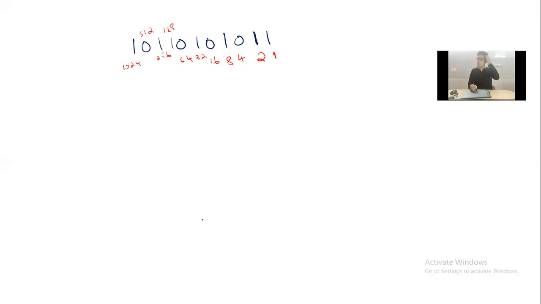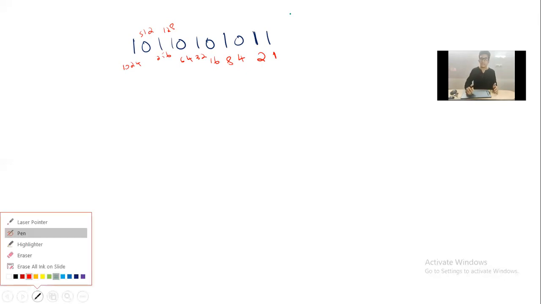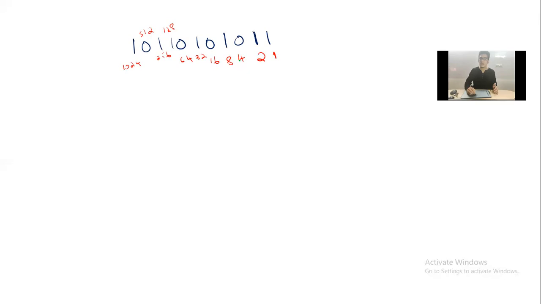Now what you have to do, wherever there is 0, you have to put a line there. You should not count that. So let me search for a different color here. Yes, so wherever there is 0, I am blocking it. I'm blocking this, and I'll block this also. Actually, this is 64. I think my eraser has erased it.